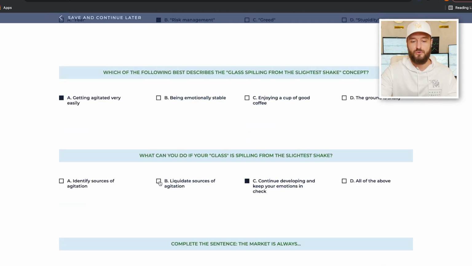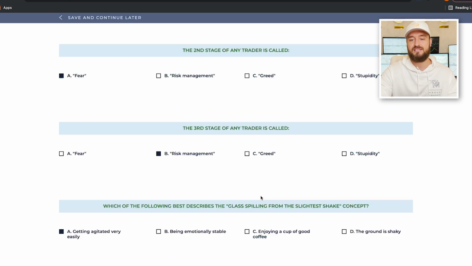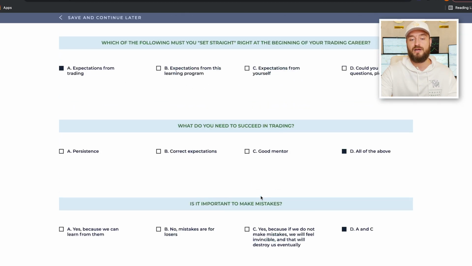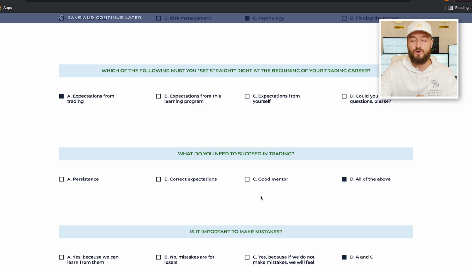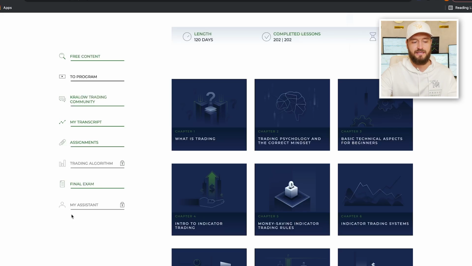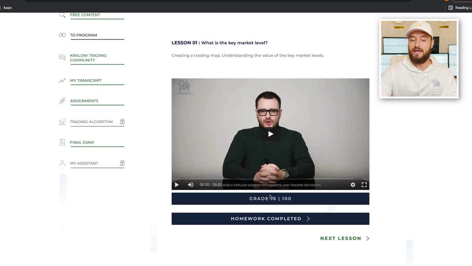So it's a multiple choice. You can obviously use your notes and submit it once all the questions were answered, and you will receive a grade that will be counted towards your GPA, so your average grade, and will be reflected on your diploma. And the last button is the My Assistant button. If you have an assisted package, this is going to be your private chat room with your personal assistant to ask him questions, to submit work, to upload files,